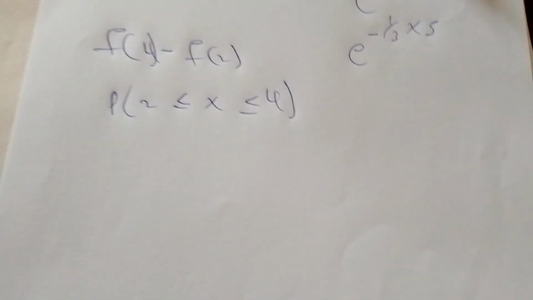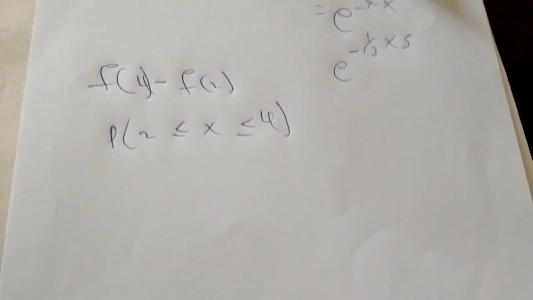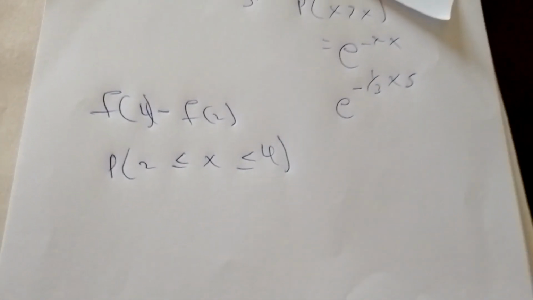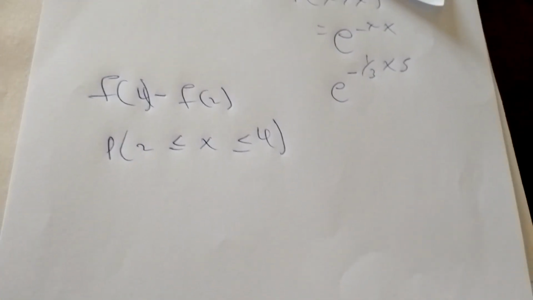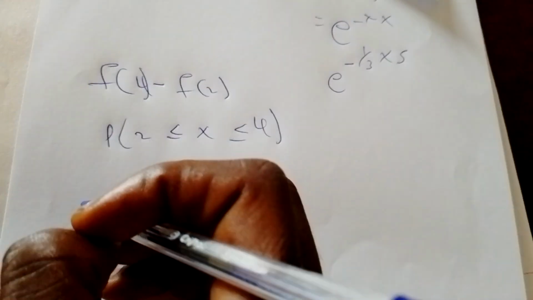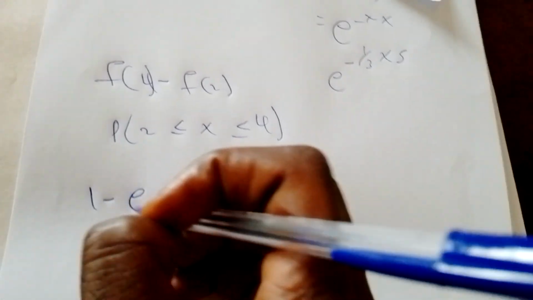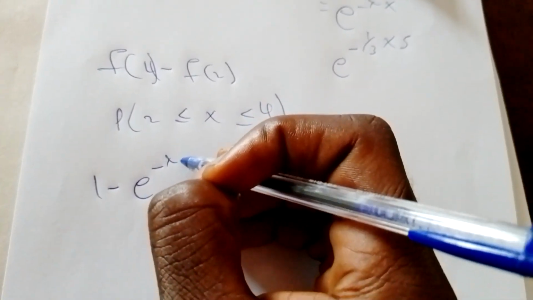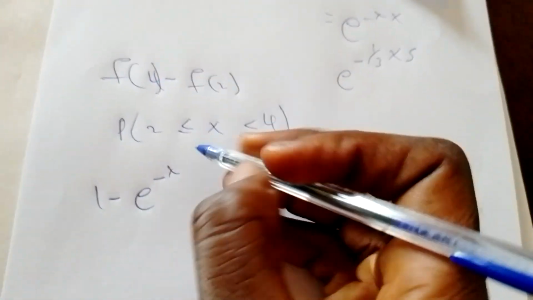And this can be similar to your cumulative distribution, or you can work it like this. If you are using this one, then basically you have 1 minus e power negative lambda times that,